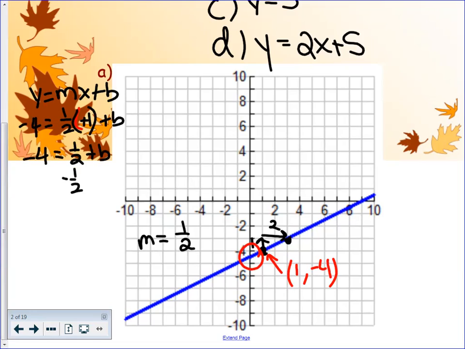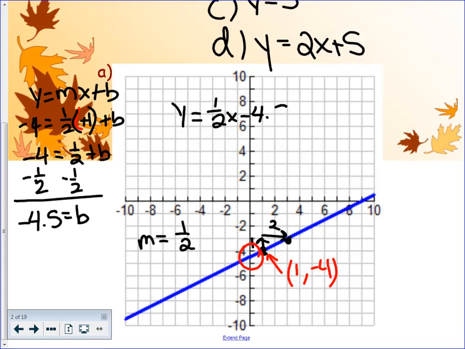Subtract 1/2 from -4, and you're going to get -4.5 equals b. So that means my equation is y equals 1/2 x minus 4.5,